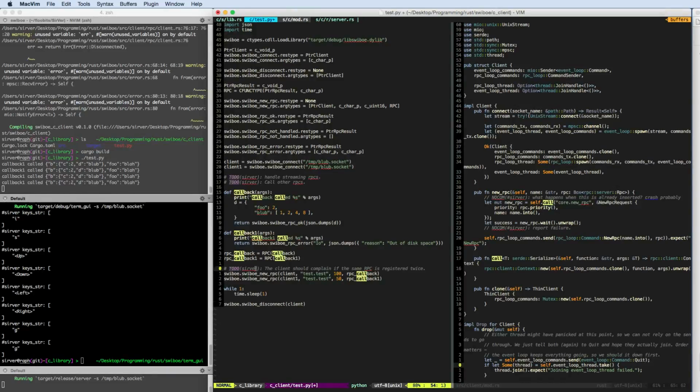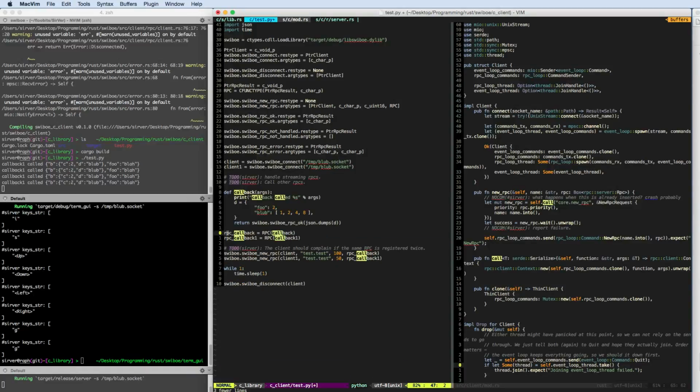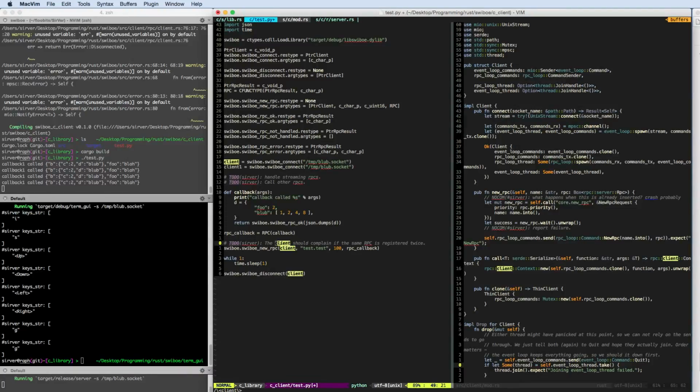Let's change this code around a little bit. So we only keep the callback 1 around. We don't actually need to register any other RPCs. So basically we have a client. Oops, we never disconnect the second client. That seems wrong. So we have a client, the client registers an RPC, that is fine, and we have a client 1, and this client 1 should now actually call this RPC. So how should that look? It should basically be something like client 1 call test.test,